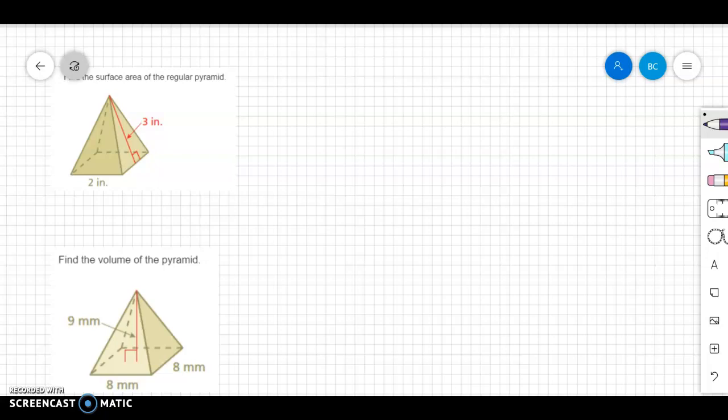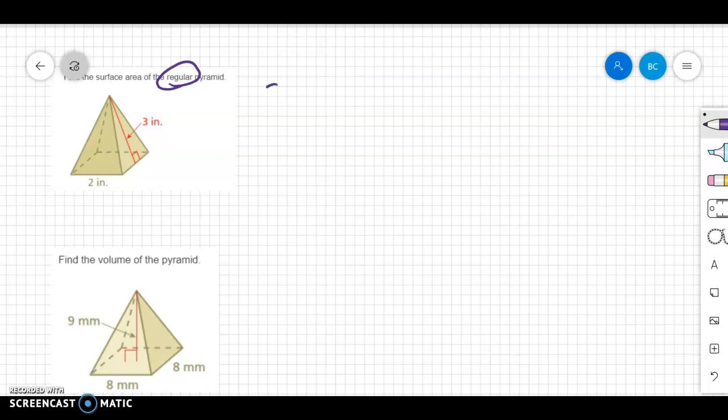Now that we've done a couple problems with triangular prisms, let's move on to pyramids, which is going to be really important for our work tomorrow with cones. So when I'm looking at the surface area of a pyramid, again, I just want to find the area of each of the sides. So I know because my base of my pyramid is a square, so this is a square pyramid, I know that because it's regular, and so regular means that all of the sides are going to